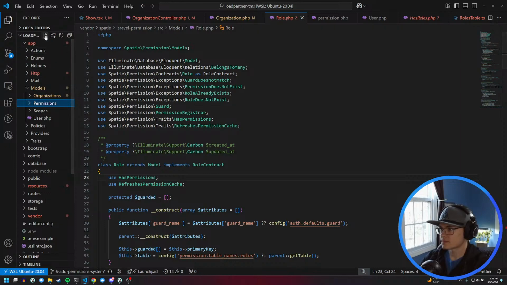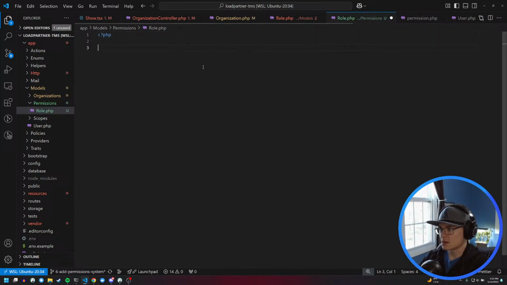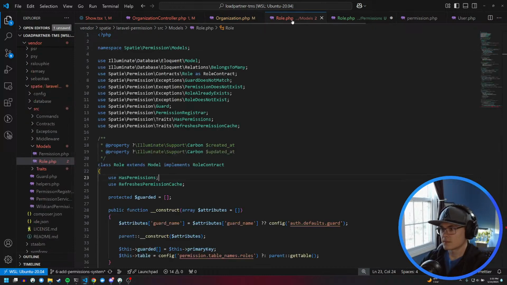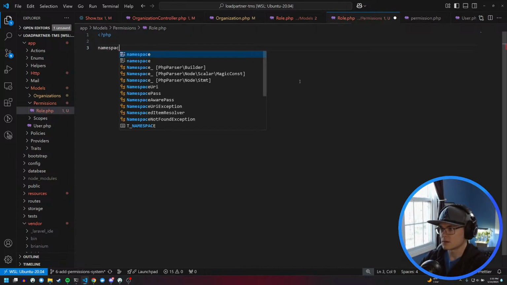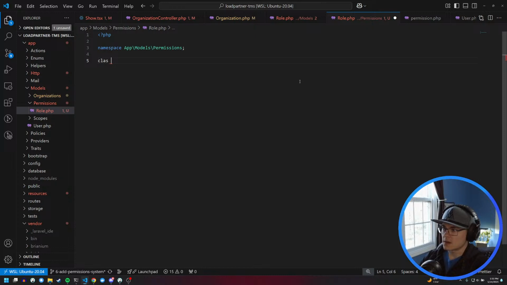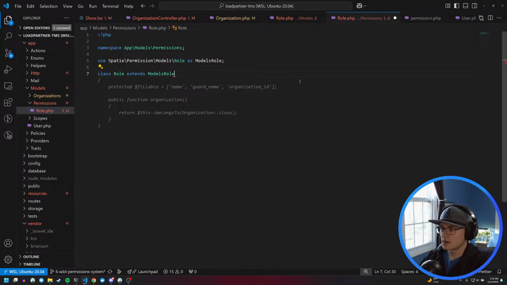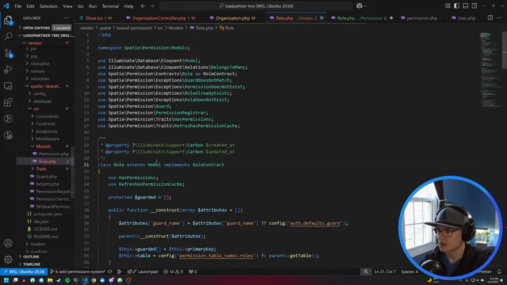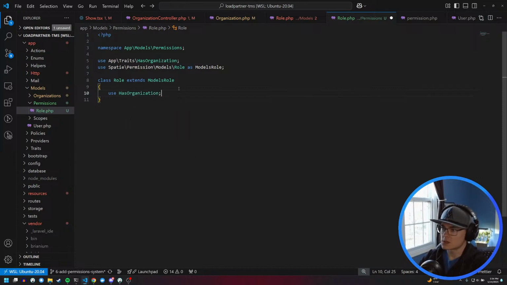Permissions. We're going to create a role. And then we're just going to say, yeah, I think we just want literally the class role extends. Oh, actually, before we do that, we need namespace. Namespace permissions, then class role extends role. And then, just to triple check, this does extend... okay, cool, an Eloquent model. So we can use has organization, and then that should take care of us automatically filling in org ID and